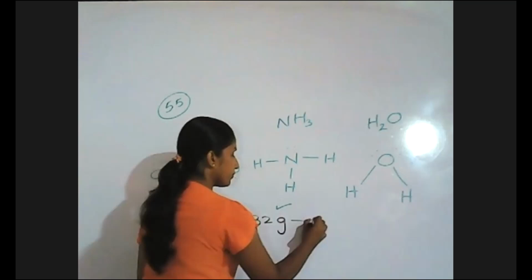Sorry, here it is 0.1 mole. The molar mass of glucose is 180 grams per mole. That means in 1 mole, it contains how many grams? 180 grams. Then in 0.1 mole,